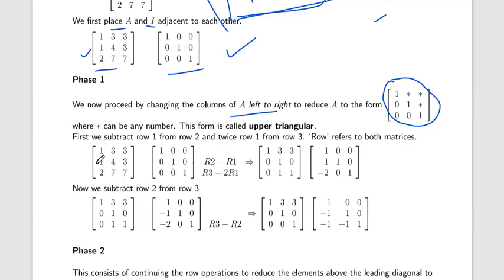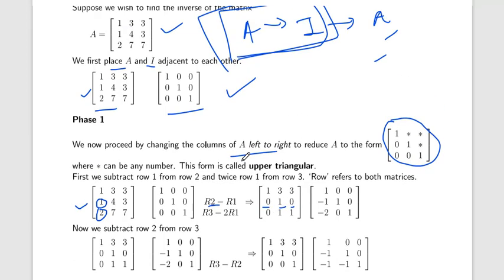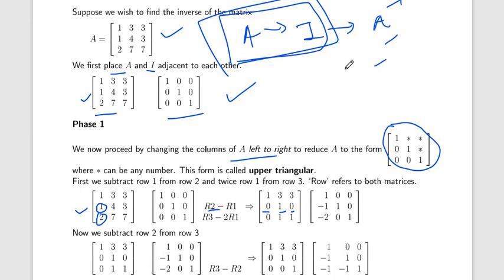Okay, so first of all we will make this a 0 in the first column. How do we make it? R2 minus R1: we subtract the first row from R2, so we will get 0 1 0. Now in Gaussian elimination, we also apply the row operation to the B matrix, so here you also have to apply these same row operations to the identity matrix.